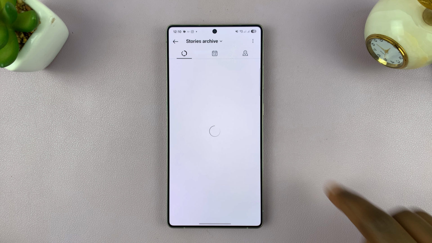If you want to add Instagram highlights to your account, then simply tap on your profile icon in the bottom right corner, and then you might see this option to create an Instagram highlight, this plus sign. Now, in case it's not there, you can tap on the three lines in the top right corner, and then